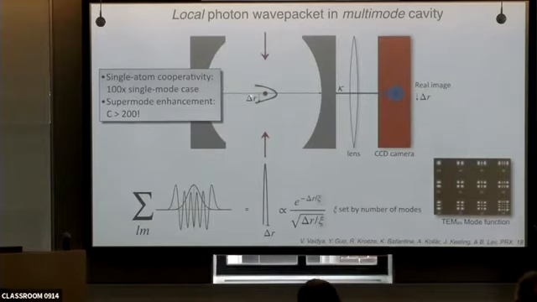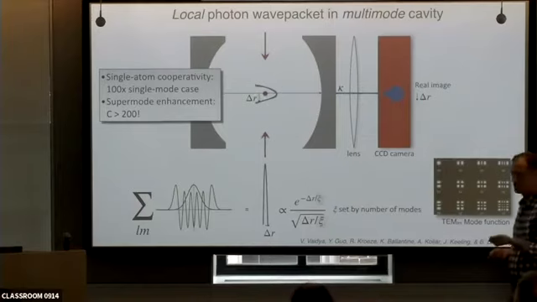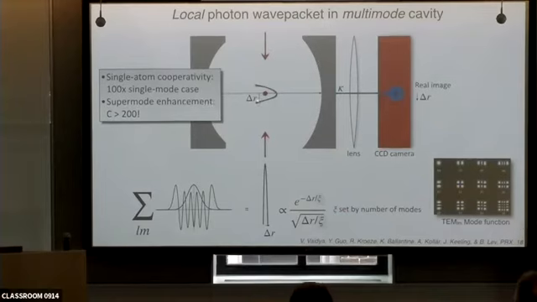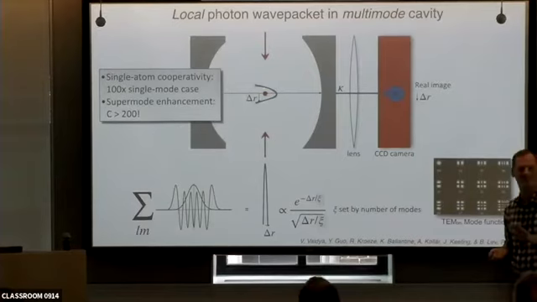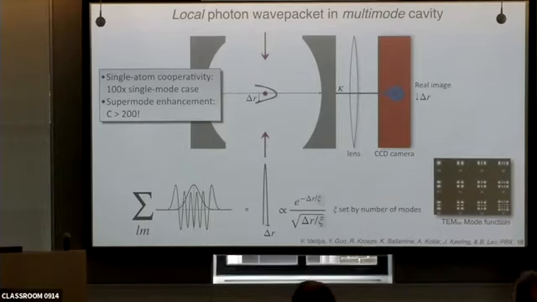And that means that the single atom cooperativity is enhanced by that spike of electric field. So in our cavity, the single atom cooperativity is about 2. But now, because of this spike and all the number of modes, it becomes 100 times larger. So in effect, the actual cooperativity of our system is more than 200. Now, I'm not sure about solid state systems, but in optical cavity QED, that's a record.